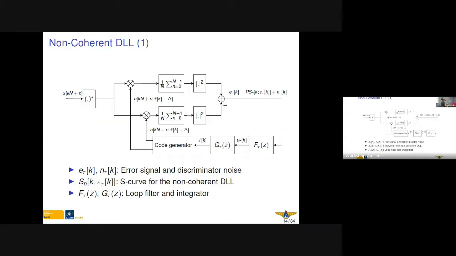And then this error signal passes through a loop filter, which is f tau of z,